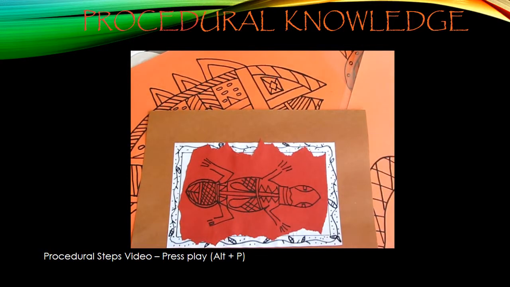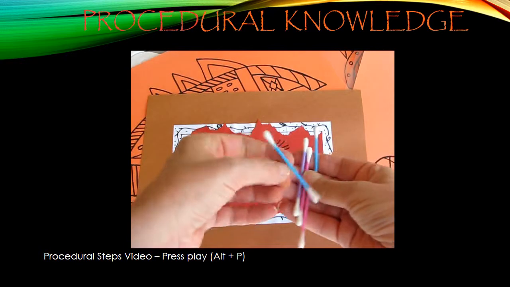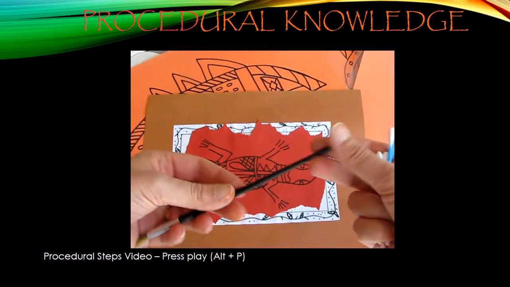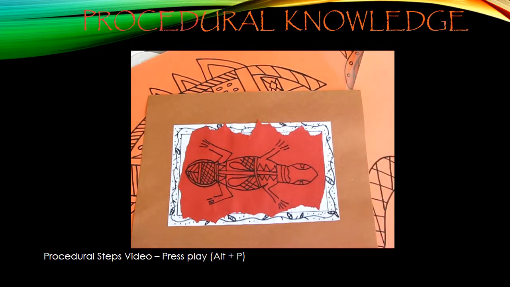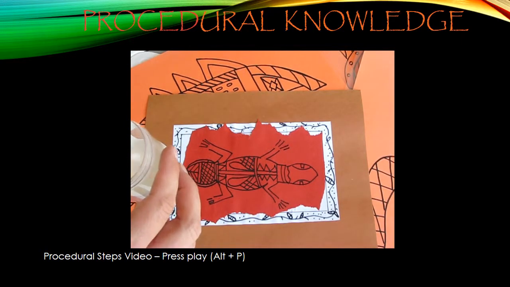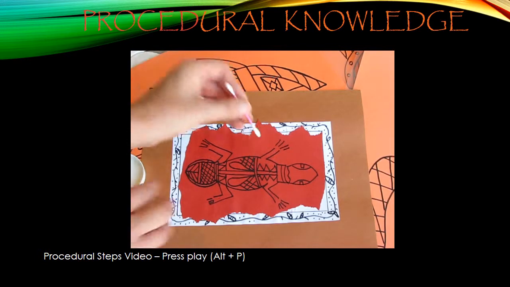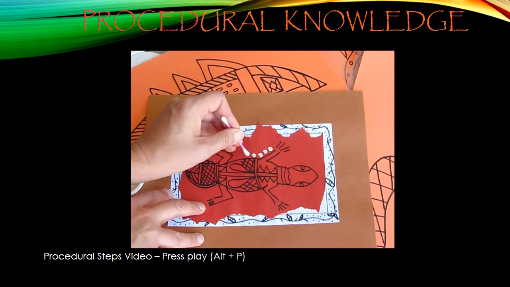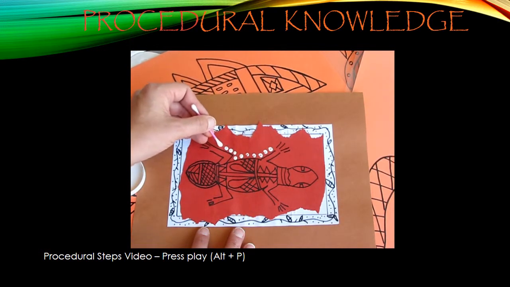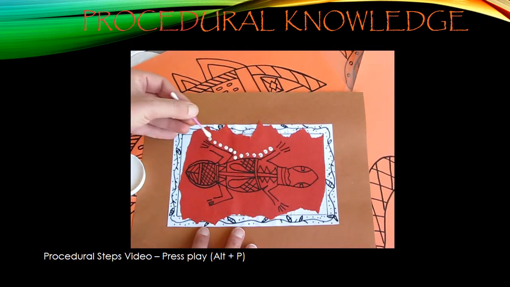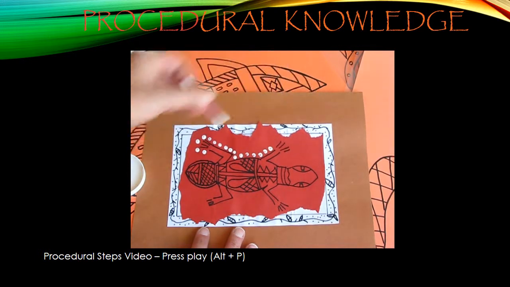Now, boys and girls, you're going to need Q-tips. You can also use not the bristle end but the ferrule end, the hard end of a brush, and you're going to create your shimmering dots. Now my preference is that I like to start with white, the lightest colour. So I'm going to take my white, and I'd like to start initially with my skeleton animal. So I'm going to work from the inside of my design and then take it out to the outer edges, and that's where I'm going to involve patterns